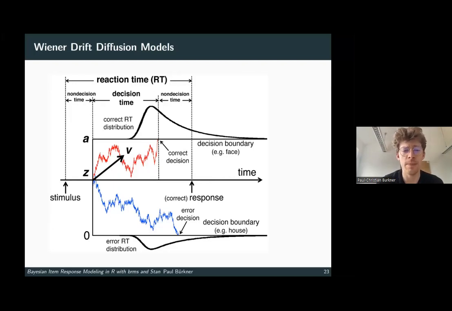And then the third parameter of interest is the so-called non-decision time, that is related to all the time involved that is not about the mental process that we care about, but about other things such as the visual process of seeing the object, or the motor response of initiating the response, which is not the cognitive process that we are interested in here. So all of them would go into non-decision time, and what we're interested in is the drift, which would be the mental process that decides what we are choosing. So whether we're choosing it's the same or it's the other object, or here whether it's our correct choice or the incorrect